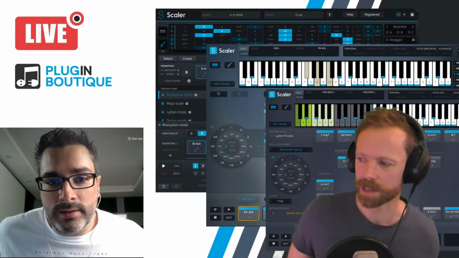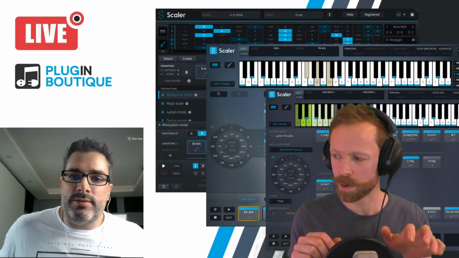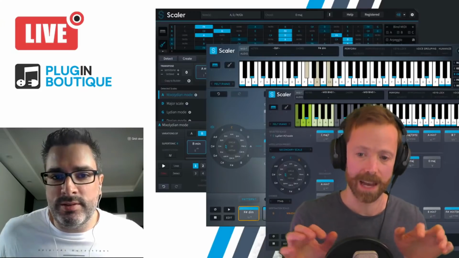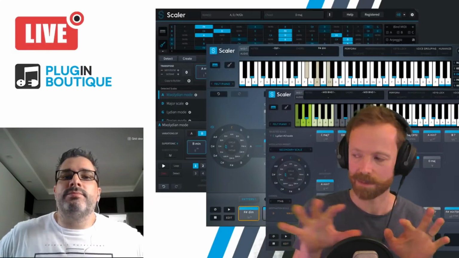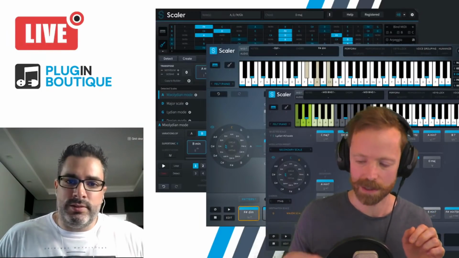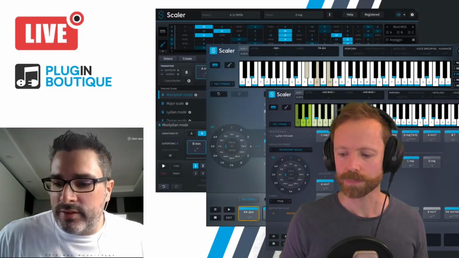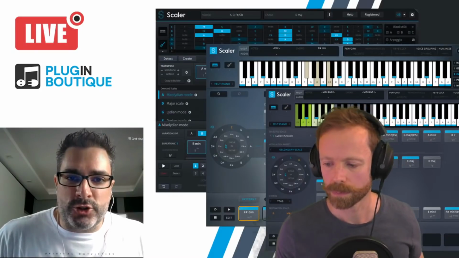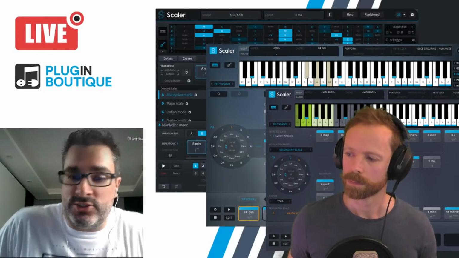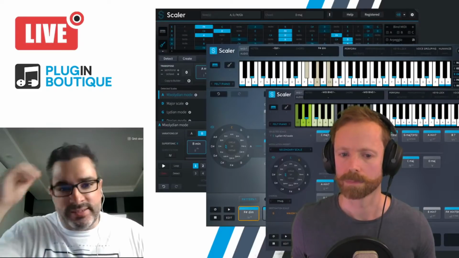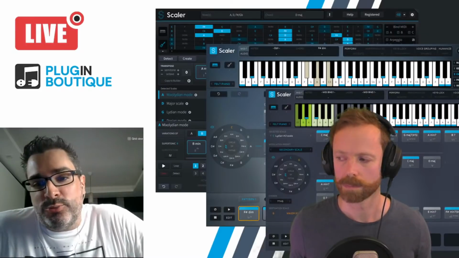Of course, the massive advantage as well is having the two hands there when you have multiple octaves, so you can trigger your chords like I was doing there using your left hand, just a step from one to the next, and then you can use the right hand to play arpeggios or all of these different phrases. So you can basically perform and improvise and do all sorts with the right hand. So that's when it really comes into its own. Yeah, and you usually have a few extra buttons to map to things like that to do those articulation changes. Well, I call them articulation changes. That's not exactly what it is, but that's the way I conceptualize it in my head. So just more great features inside of Scalar 2.4.